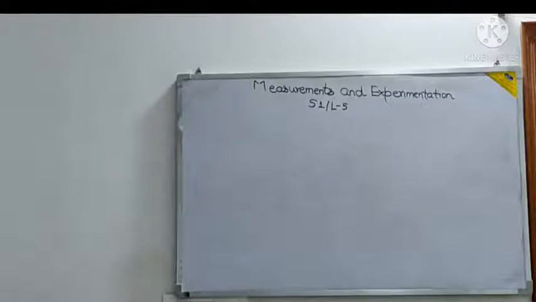So last time I had introduced you to what a vernier caliper is. I had also shown by the glass how the parts are determined, meaning what all parts are there, but I had not given the detailed description about the parts. Only a little bit of introduction I had given to you. So let's go to this.